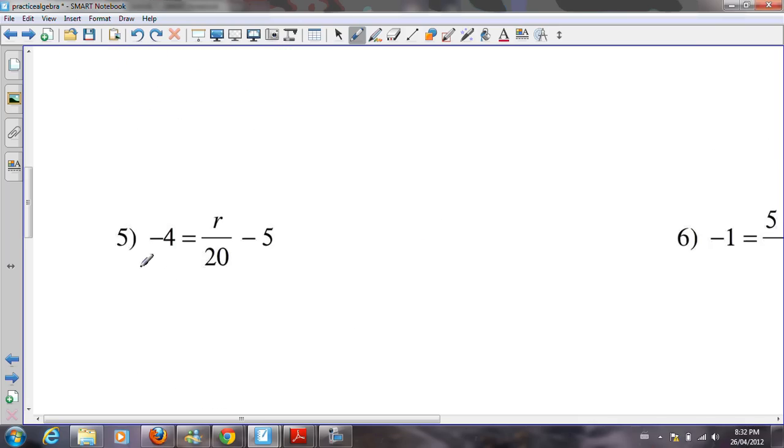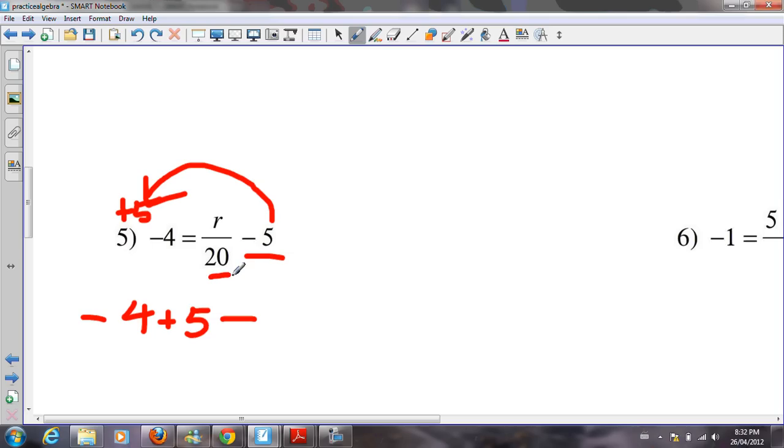Okay, in this one here, it looks a little harder, but it's not really. The first thing we deal with is the plus or minus. So we'll take the minus 5 and bring him over here. So negative 5 now becomes a positive 5, because we shifted them. So negative 4 is still there, plus 5